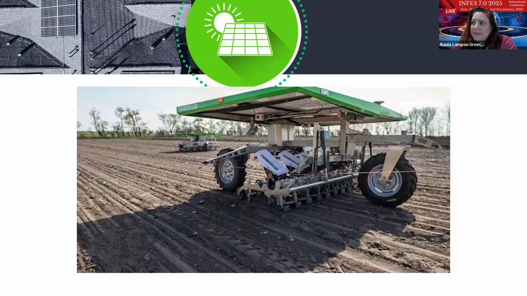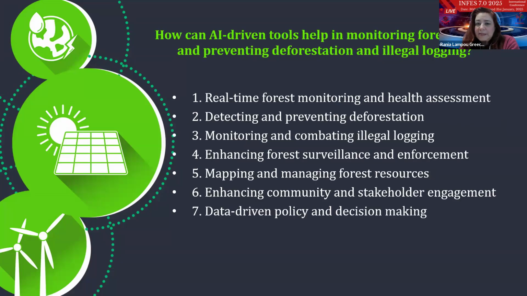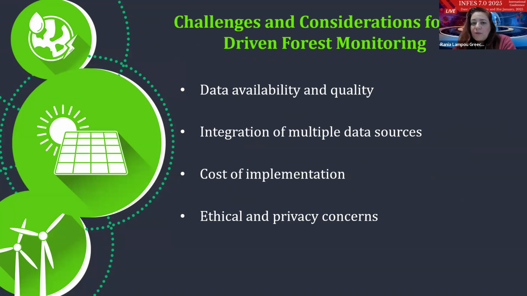The high initial investment and maintenance cost, the limited seed variety, because not all seeds are suitable for robots, and the soil variability. Different types of soil or environmental conditions can limit the effectiveness of seed planting robots. For example, robots may struggle to penetrate dense or clay-heavy soils, or perform poorly on extremely steep slopes, which could result in less optimal seed placement. Seedling survival rates and effectiveness, adaptation to changing conditions, the limited capacity for ecosystem complexity, and regulatory and technical barriers. Of course, AI tools can help monitor forest health, as I mentioned before,